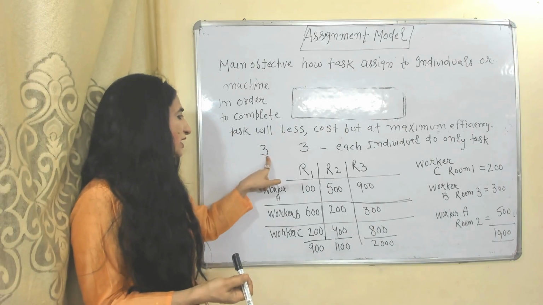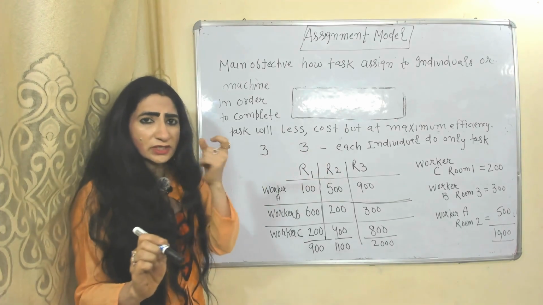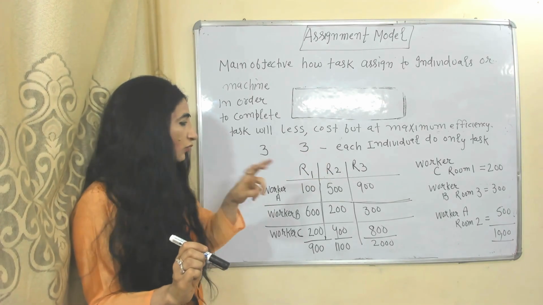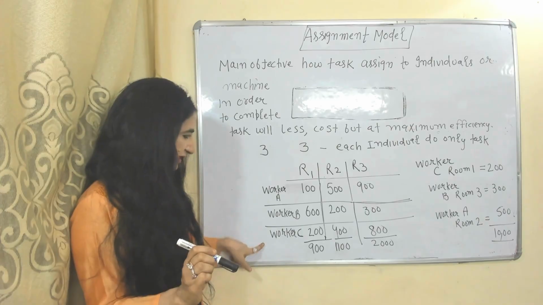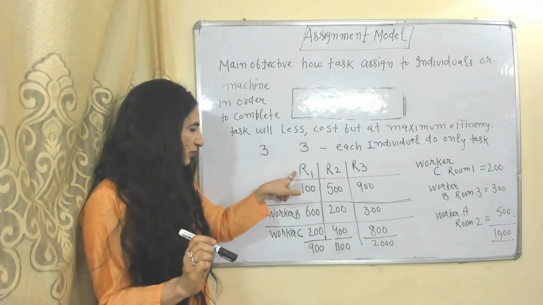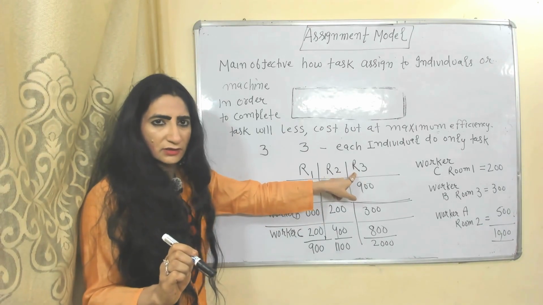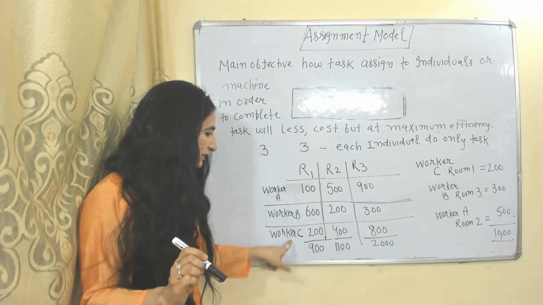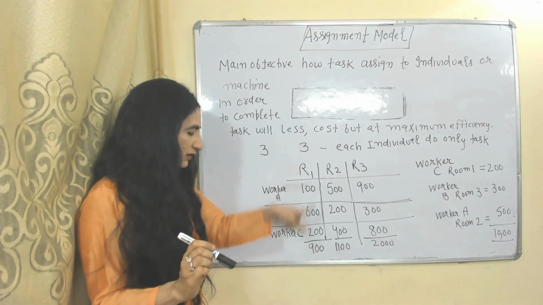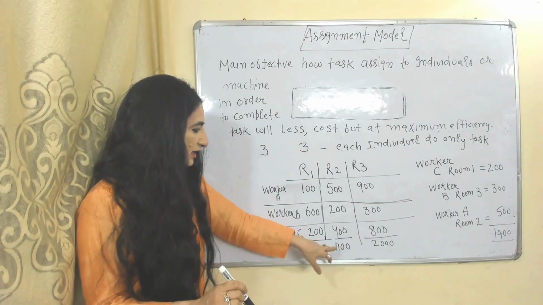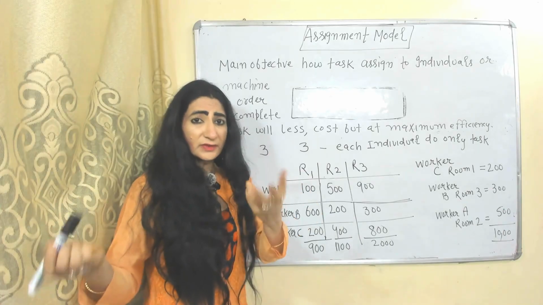Here we assume we have only 3 individuals and 3 tasks. Each individual will do only one task. We have to clean 3 rooms: room 1, room 2 and room 3. There are 3 workers, A, B and C. Worker A charges 100 rupees for room 1, 500 rupees for room 2, 900 for room 3. Similarly you can see for worker B and worker C. The total cost of room 1, if we go according to this schedule, is 900, room 2 is 1100, room 3 is 2000,